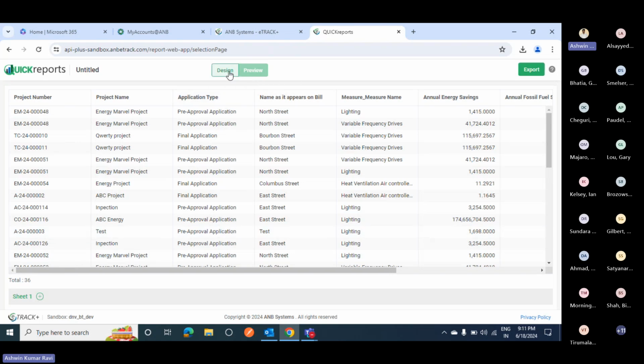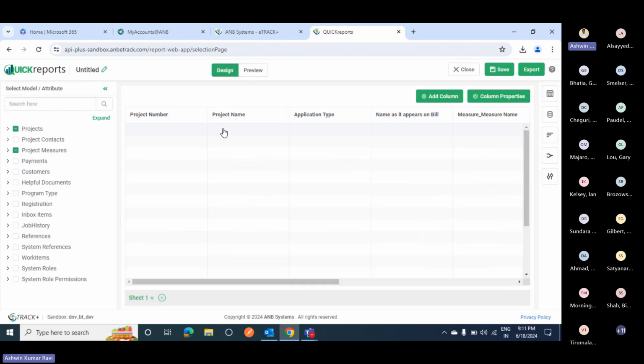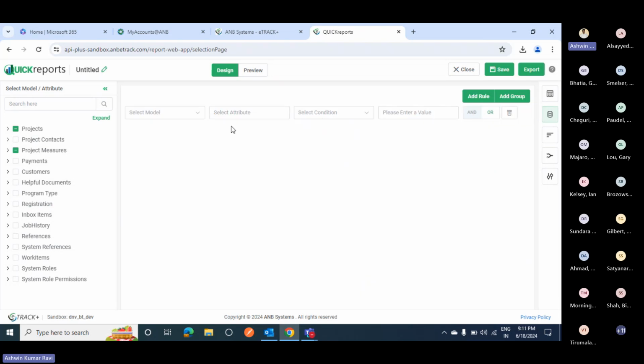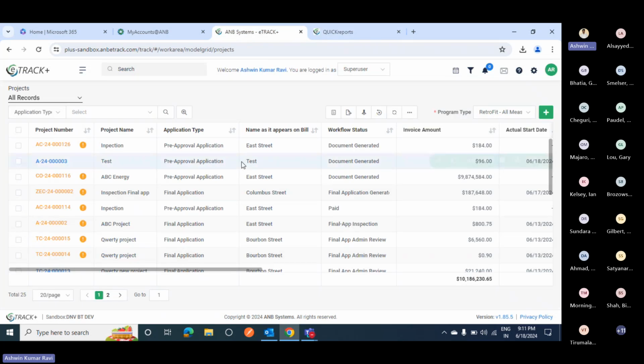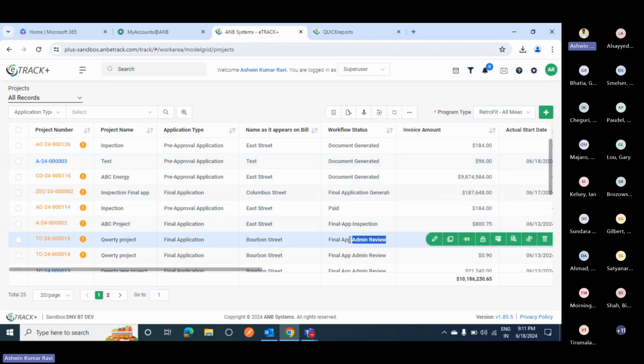If you want to provide a particular status and show only those applications, we have an option called data constraints on the right hand side where you can add a filter to this. For example, if I select projects and provide a condition, say a workflow status, and I need only the applications which are in final app. Just a second, let me check any status. Okay, so if I take only final app admin review,